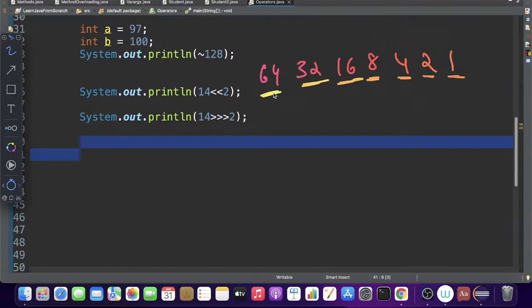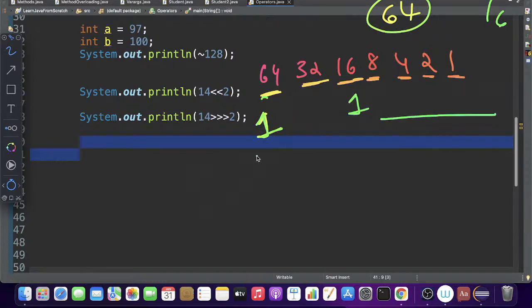Okay, which means if I am taking 64, only one bit is going to get set. If it is a power of 2, only one bit is going to get set. If I say 16, only the 16 bit is going to get set and all of the others are going to be zeros. Am I right? So if I say 46, it is not a power of 2, which means multiple values are going to get set. Am I right? So for 46, what we have to write is 34